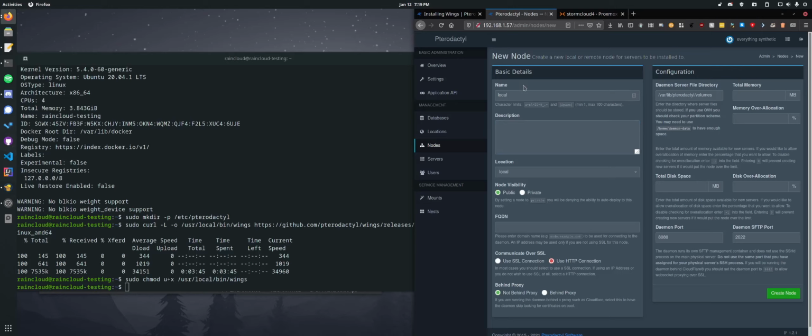Location, local, fully qualified domain name. So if you're running this behind a domain, use that. But in this case, we are just using our local IP. So let's go ahead, 192.168.1.57. Okay. And now we want the server file directory. Then we want our total memory. We're just going to tell this it has